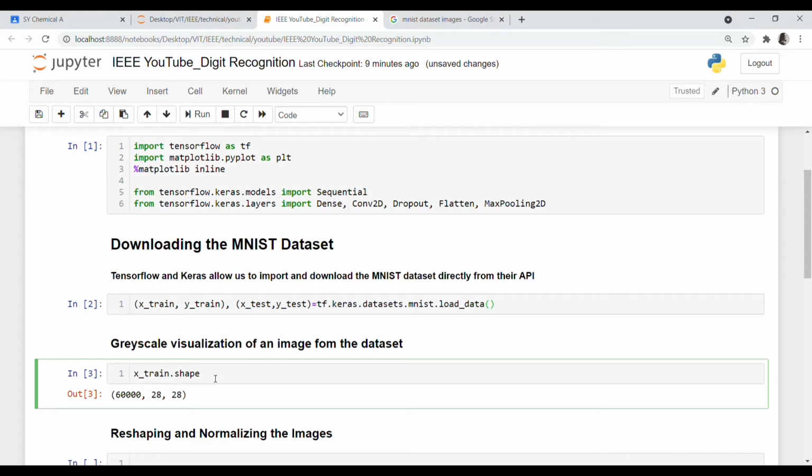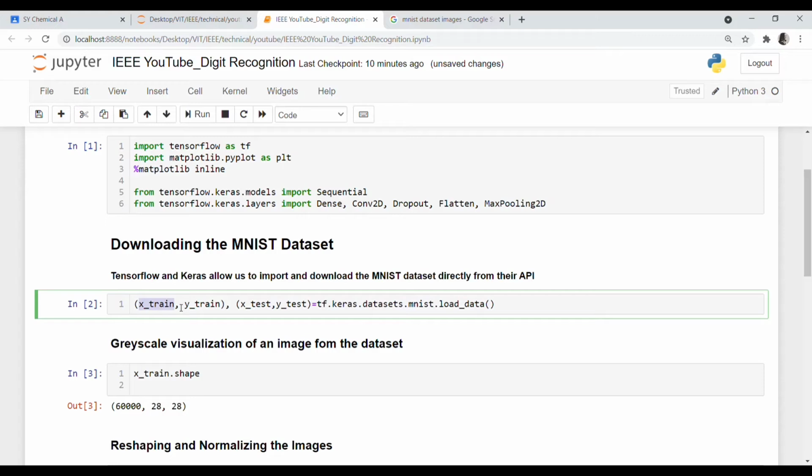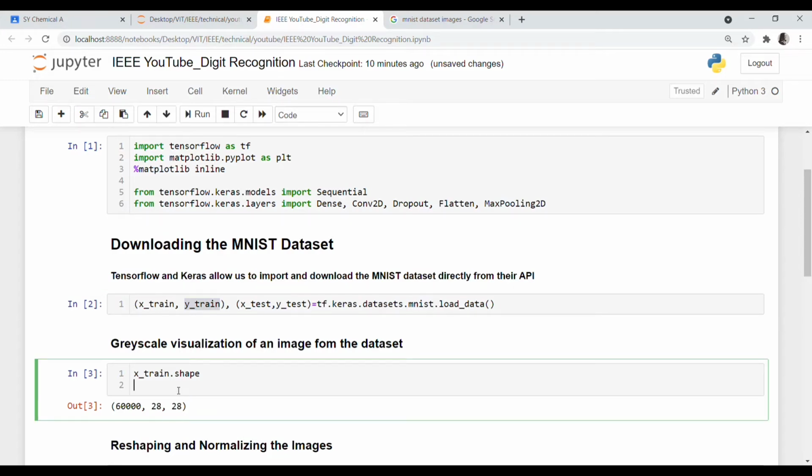Basically we have separated the images into train and test. The X part contains the pixel values which range from 0 to 255, and the Y part, that is ytrain and ytest, consists of labels from 0 to 9 which represent the number that they actually are. In the grayscale visualization, we'll have a look at how this X and Y part works.